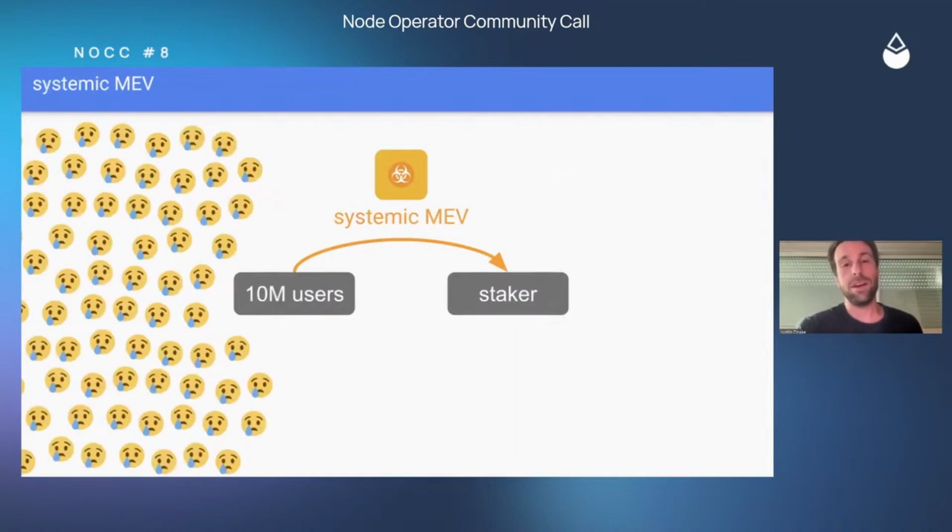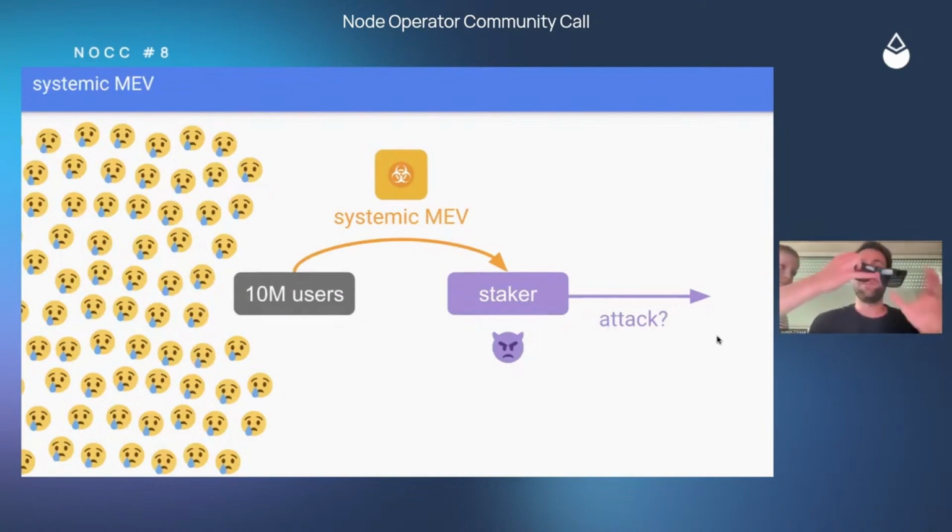But there's a second flavor of this toxic MEV, which I call systemic MEV. Let's imagine that instead of a few hundred ETH of toxic MEV, we're talking about millions of ETH. And this could happen, for example, if one of the rollups gets hacked and there's millions of victims. And so here, one of the questions we ask ourselves is, what will happen if the staker uses this ETH to mount an attack? What will happen if